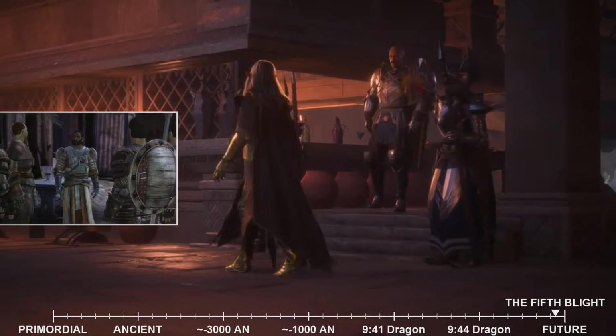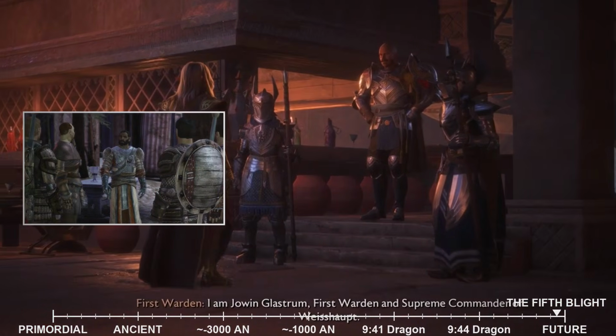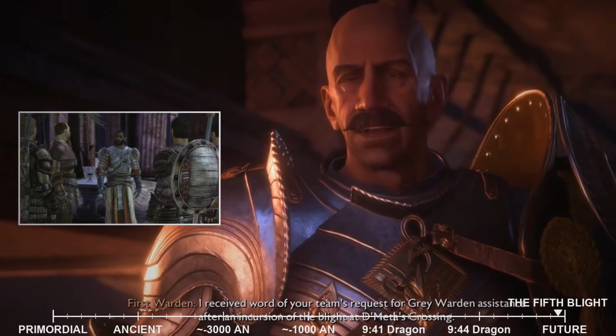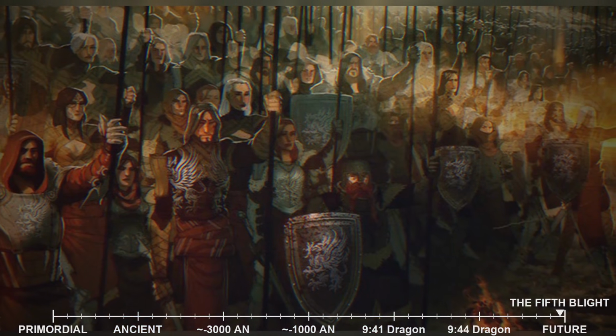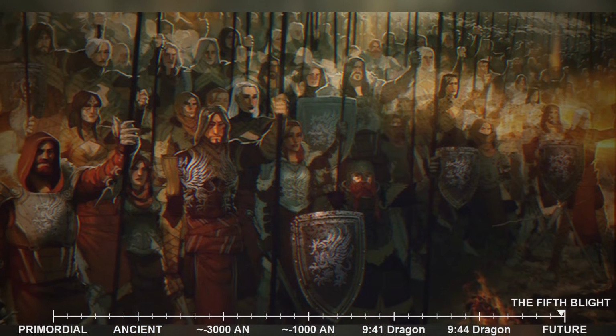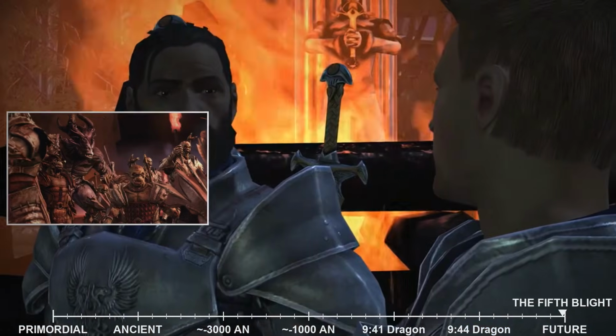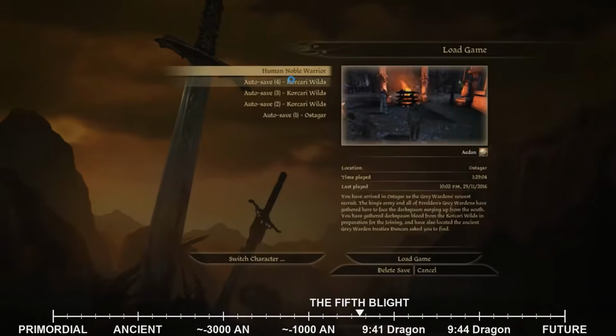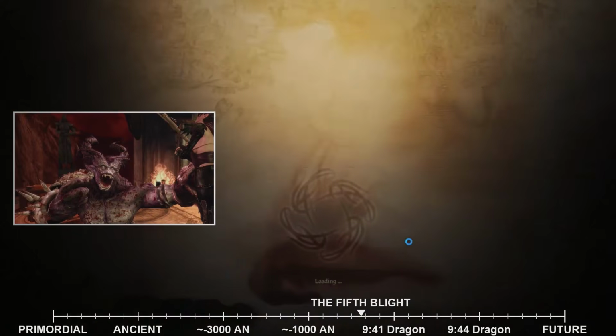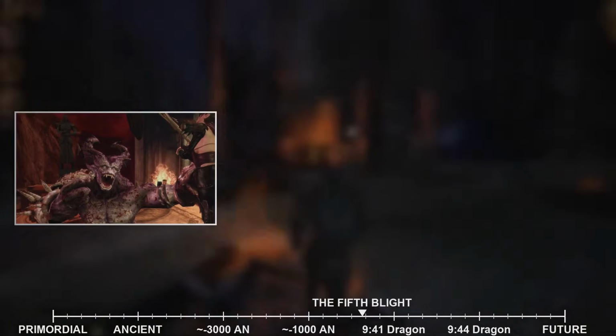With Vigil's Keep secured and the immediate threat neutralized, the arduous task of rebuilding the Grey Warden Order truly began. The Warden Commander understood that the strength of the Grey Wardens lay not just in their numbers, but in the diversity of their recruits. The Calling, the ritual that transforms a recruit into a Grey Warden by having them drink Darkspawn blood, was a perilous process, and only a select few survived. Therefore, the recruitment pool had to be broad.